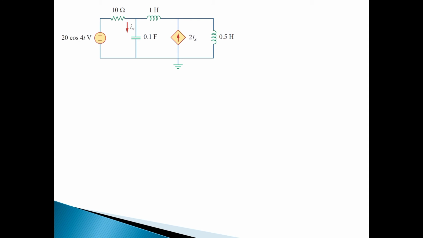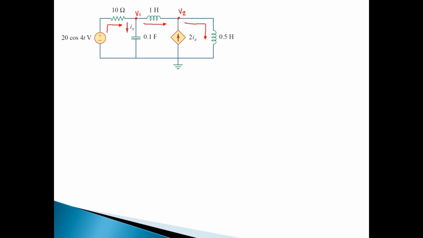Let us solve the problem for this circuit. Let us first assign the nodal voltages. Let's say we have V1 here, and then here is V2, and then let's assume the direction of the currents. Let's say the current is from the voltage source up to node V1, then the current here is from V1 to V2, and then the current here is going to the ground.